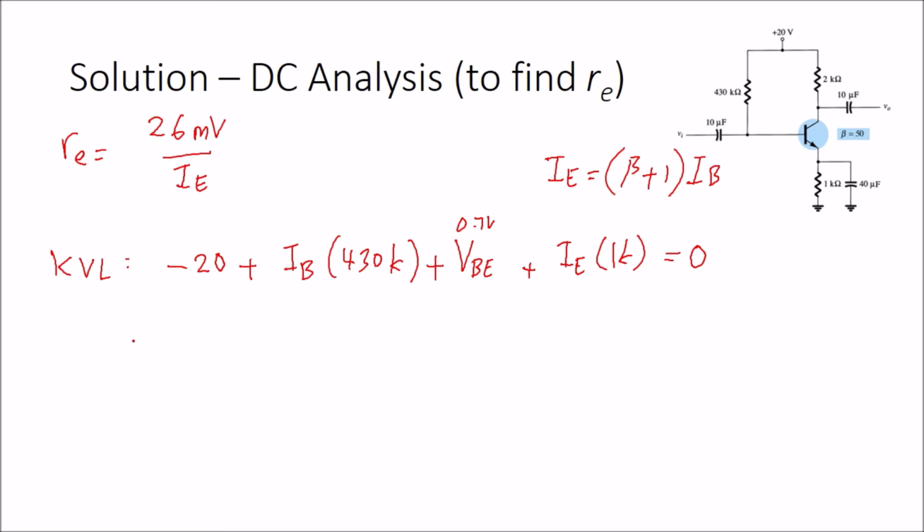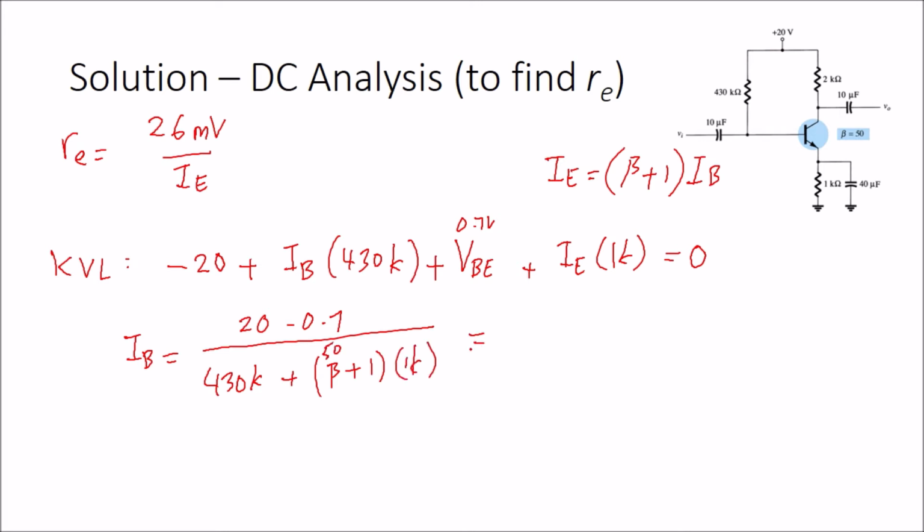So you're going to have the value of IB equal to 20 minus 0.7 over 430k plus beta plus 1 times 1K. Beta right now is 50, so this is 51 times 1K. This is equal to 40.12 microampere. So the IE is equal to beta plus 1, which is 51, times 40.12 microampere, which is 2.05